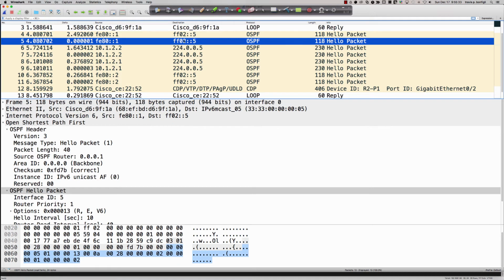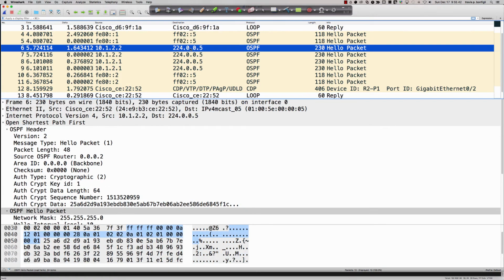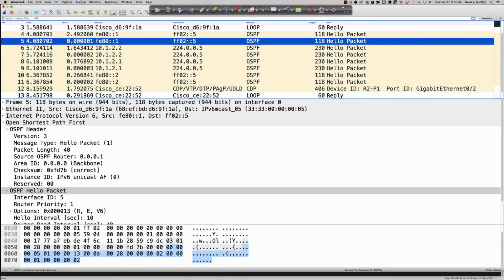And again, the 224.0.0.5 is the all OSPF router. So any router that's speaking OSPF is going to be listening for that IPv4 address right here. This is the IPv6 equivalent, FF02::5. And again, the same principle applies: when you enable the OSPF process on an interface, it's